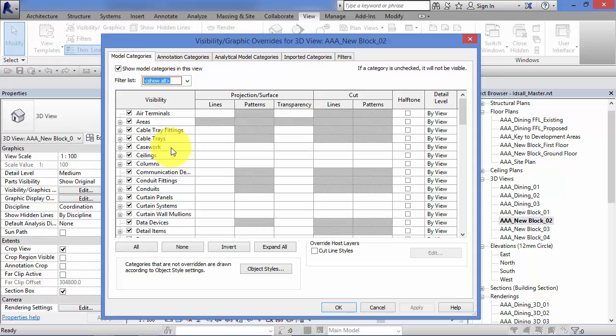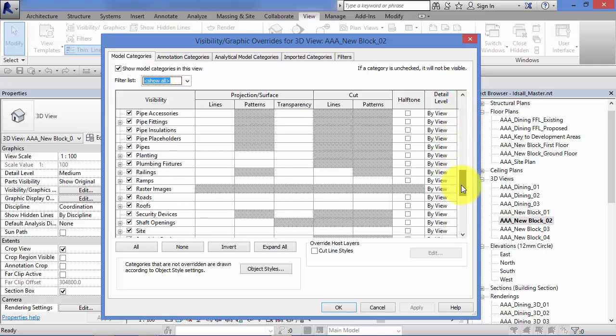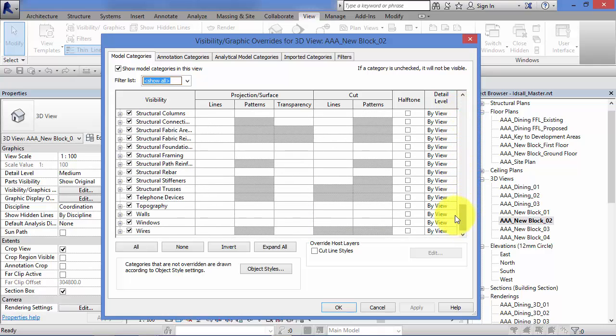So unlike AutoCAD, where you may create a layer for walls and then start drawing on that layer, in Revit all you need to do is start placing walls into your model and they will automatically be assigned or designated against the walls category. And if we have a look down towards the bottom, again we'll find that category there for